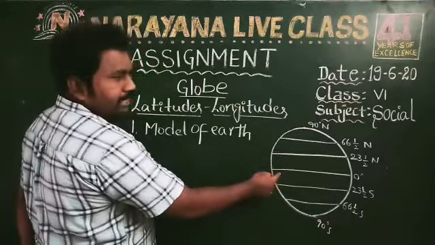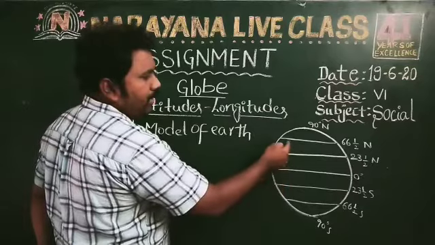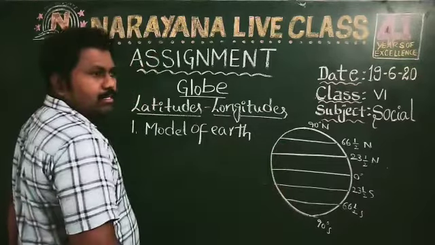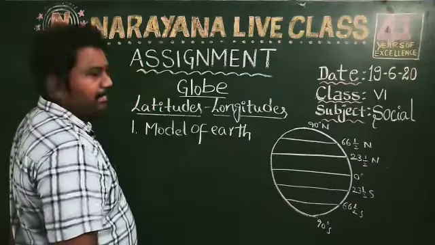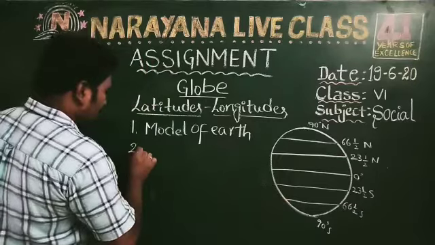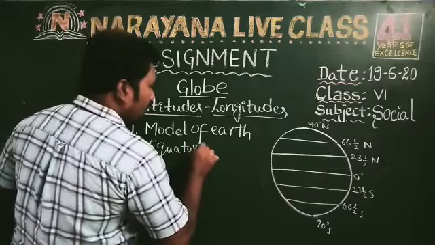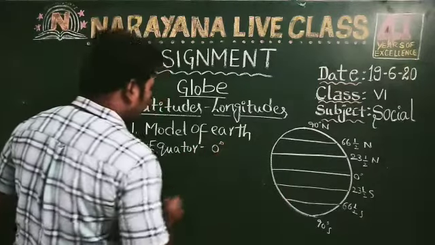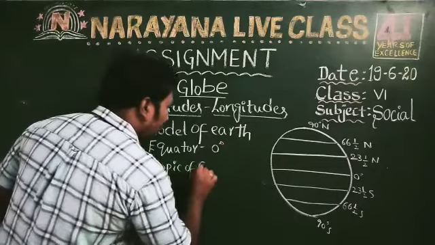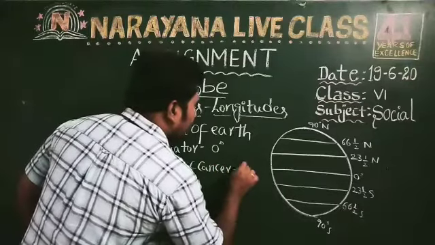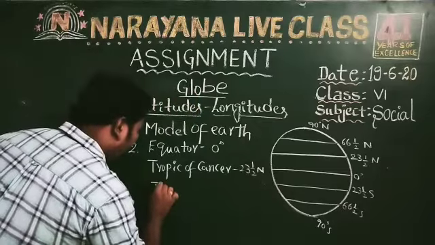So these are called the equator, Tropic of Cancer, Tropic of Capricorn, Arctic Circle, Antarctic Circle. These are the 5 major latitudes. See, 1, 2, 3, 4, 5. So the second question's answer is, first the equator, which is 0°. Next, Tropic of Cancer, which is 23.5°. Then Tropic of Capricorn,